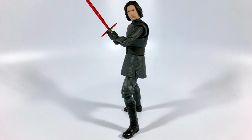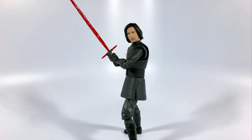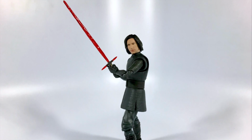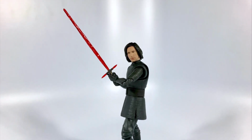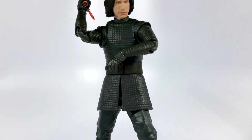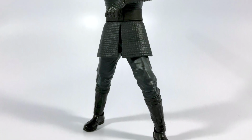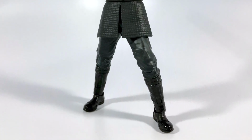All right, ladies and gentlemen, so there you have it. This is the Bandai Tamashii Nations S.H. Figuarts Kylo Ren from Star Wars Episode 8, The Last Jedi. Overall, you guys, I am very happy with the figure. Is it a perfect figure? Absolutely not. In fact, there are some things that I feel are downright disappointing, namely the fact that the sculpted